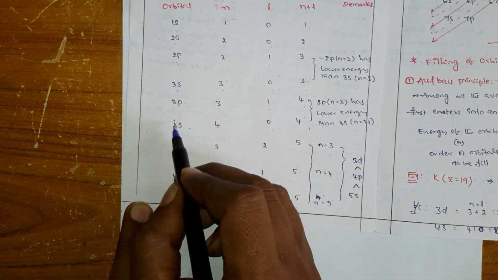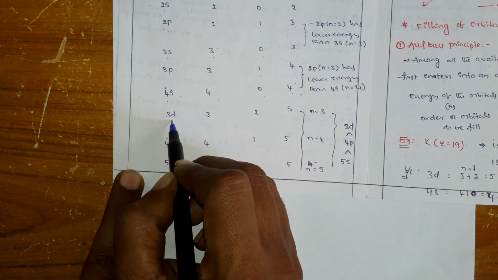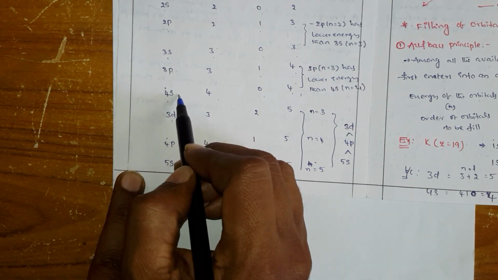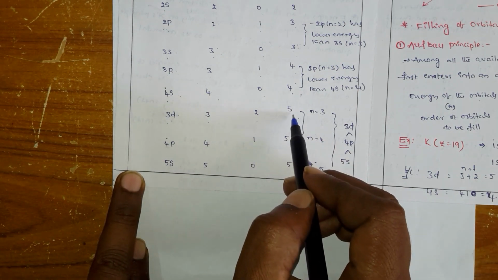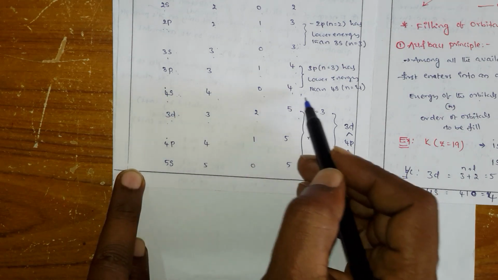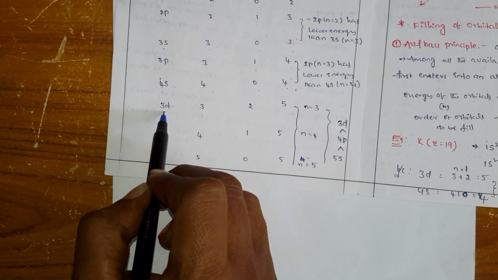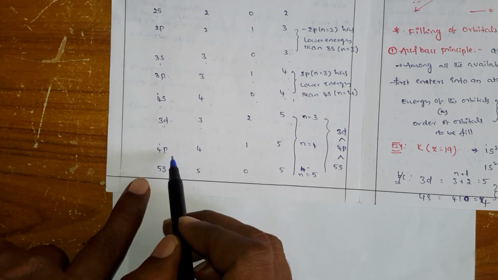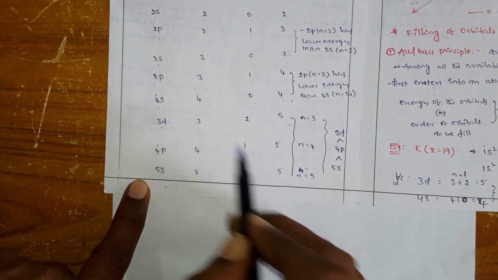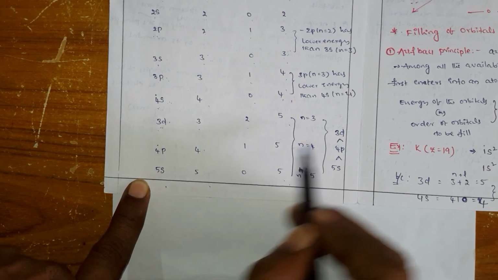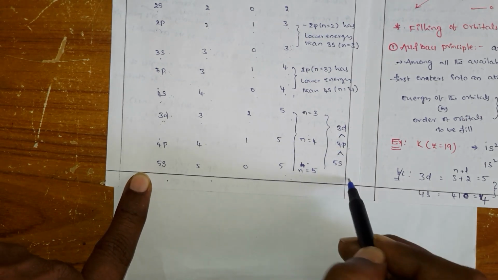Again 4 and 4, and with the 4s the n value is higher, so the 4s has more energy. Next 3d, sir? 3s, 3p, 3d. Now why are you writing 4s? You see the 3d is 3 plus 2, 5, so its n plus L value is higher than the 4s. The first rule itself says the 4s has a lower energy than the 3d. Again in 3d, 4p, 5s, you can see all have an n plus L value of 5, but see the n values 3, 4, 5, so obviously the 3d with n equal to 3 has a lower energy than the 4p, than the 5s.